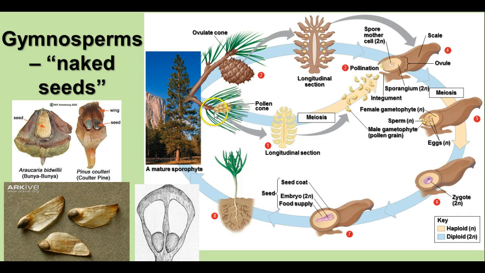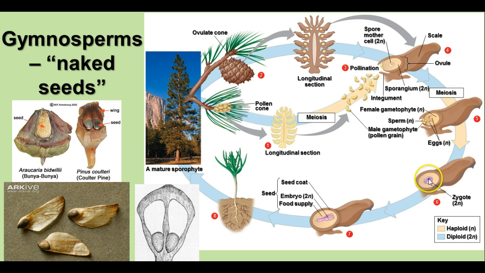The male cone is a pollen cone, and it produces pollen grains, which travel by means of wind to the seed cone. The seed cones have ovules on the scales here, which are the female gametophyte, and the pollen grains will be the male gametophyte. When the egg is fertilized by the pollination, that's going to undergo